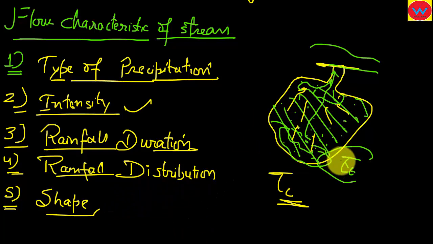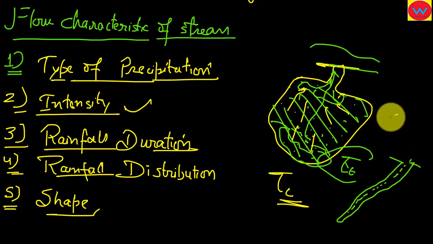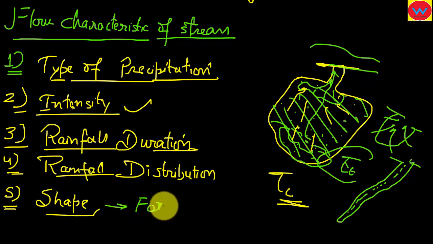If your catchment area is long and narrow, then your peak will be less, runoff will be less. But if the axial length is less, then certainly the runoff is going to be more. So we have a thing called form factor,